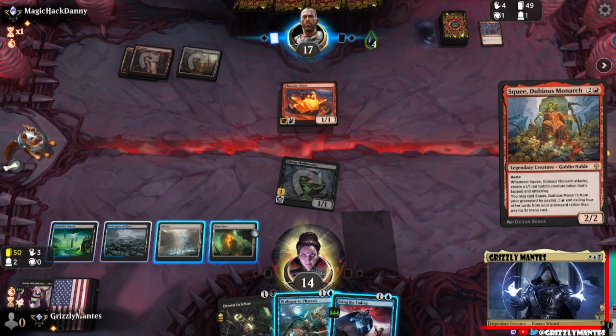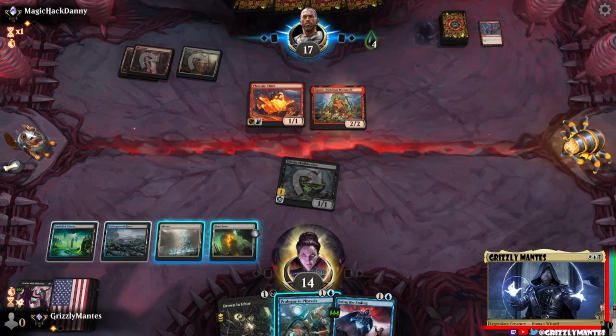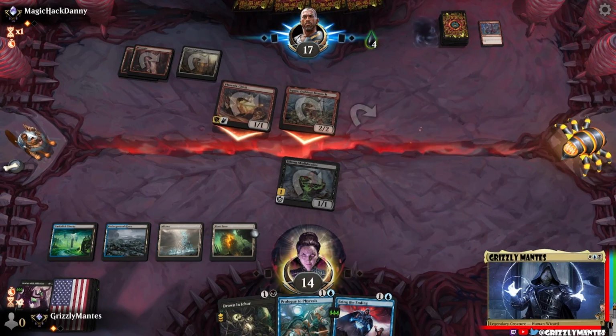Goes in his graveyard. 1. Oh. He attacks. Take 3. We drown an Ichor. That's fine. Yeah. Gives us a drown an Ichor target. Yep. Takes us down to...